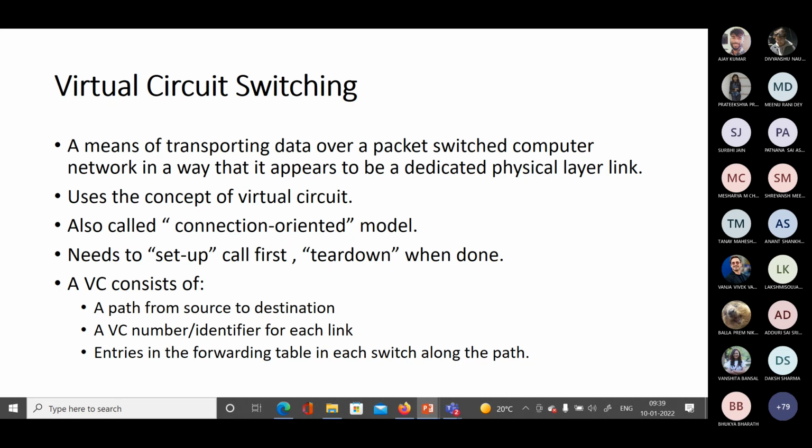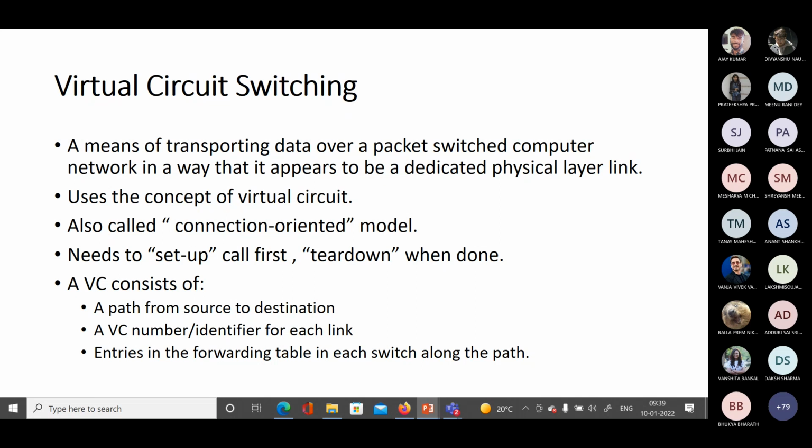You first check the IP address, and then accordingly you check in the forwarding table what the corresponding output port should be, and you forward the packet to that output port. But the problem is that you spend a lot of time checking the entire IP address. So in order to reduce the time, you put an identifier over all the links.